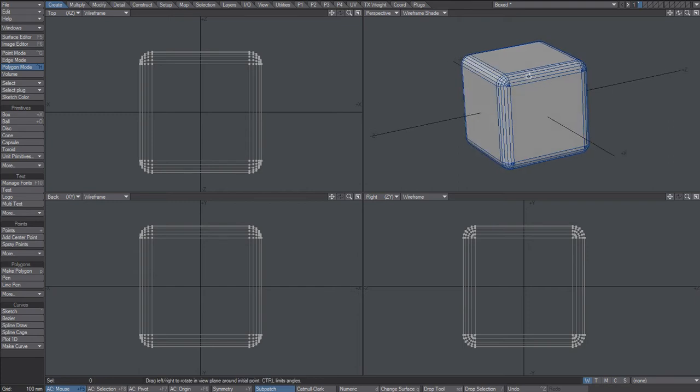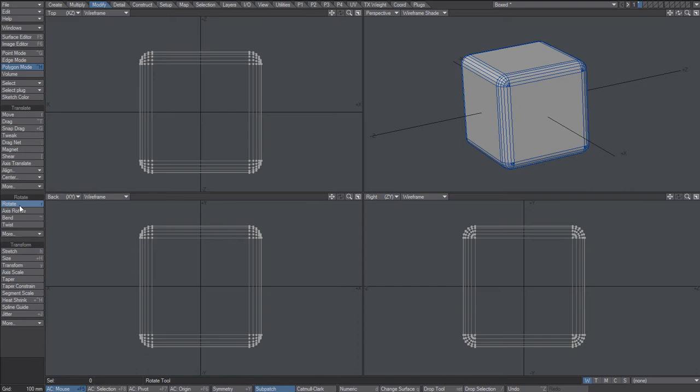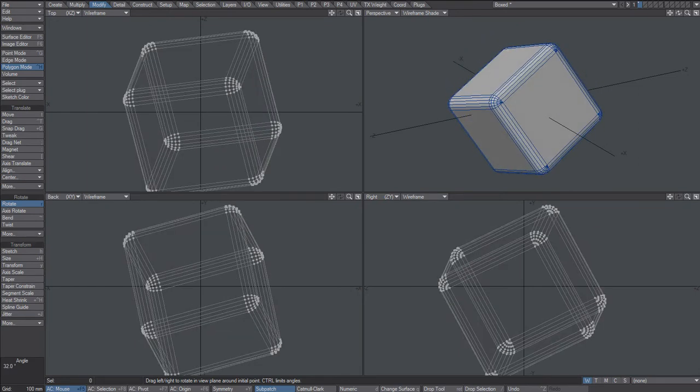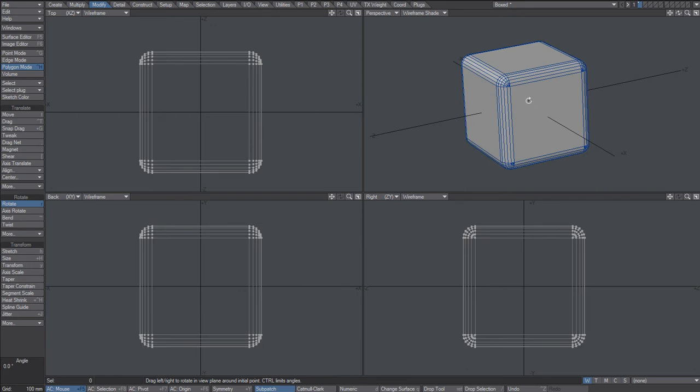Okay, now I'm using the rotate tool. If I go to modify here, you'll see that it's under rotate. I have R on my computer as a shortcut. So that's what you'll use for rotating the object. Now you'll see though that rotating that object in this view with the rotate tool is not going to get you far. It's not very useful. So what you'll do instead is use the transform tool, click on one of these handles and rotate it like that,